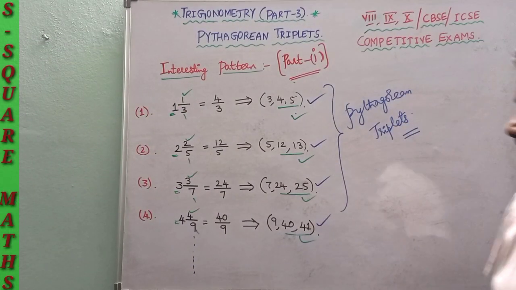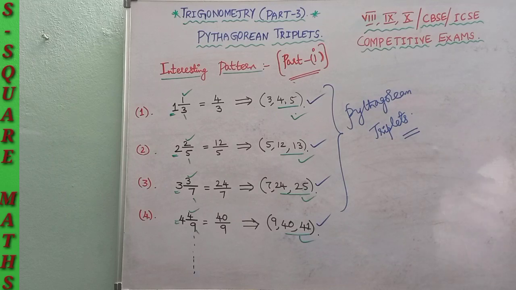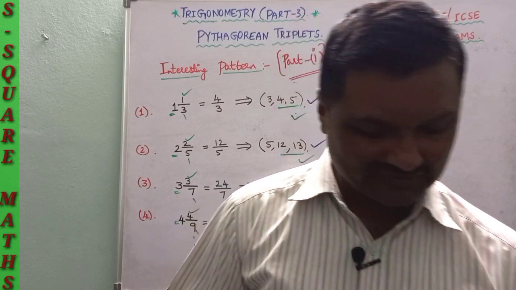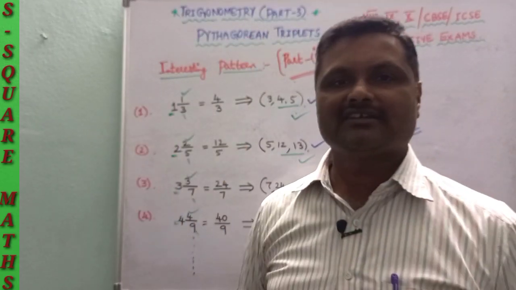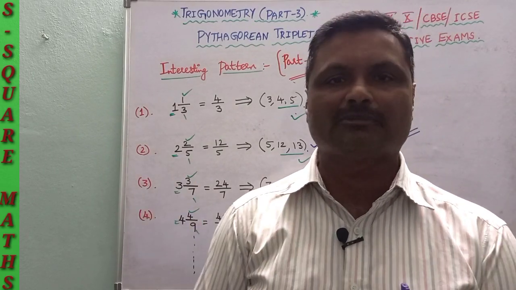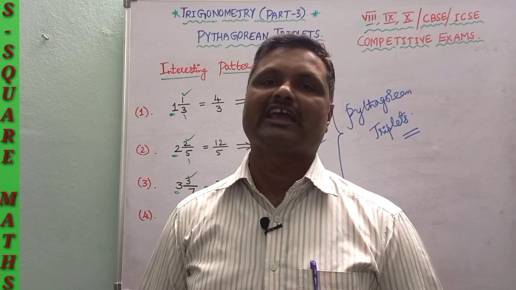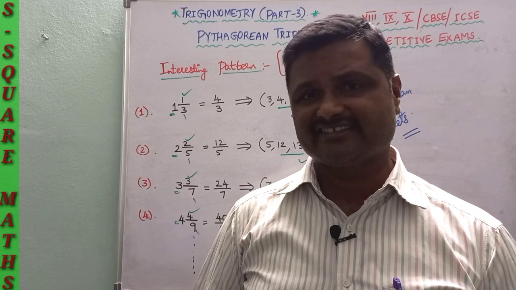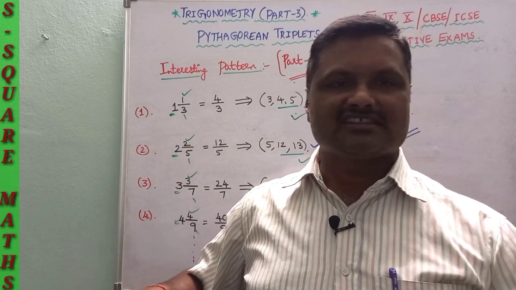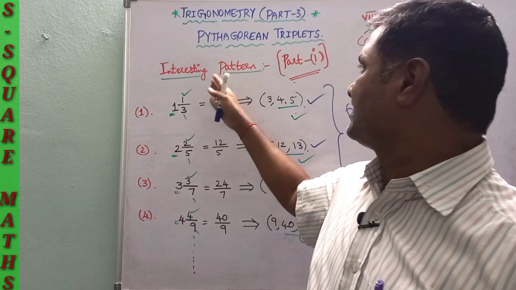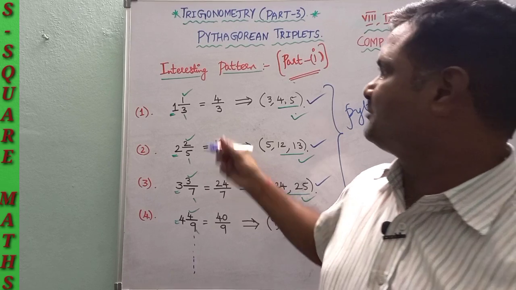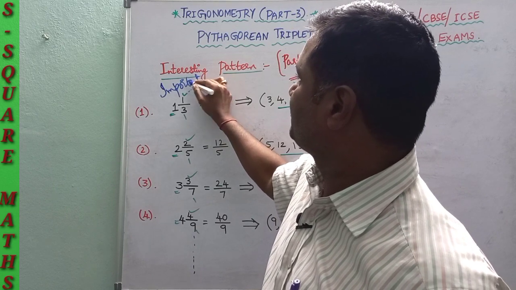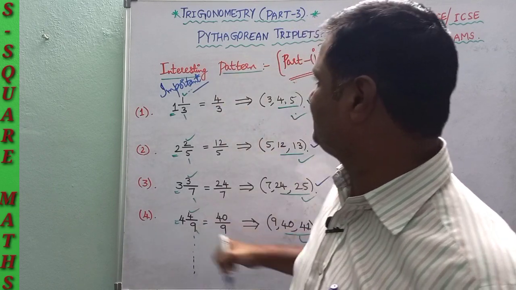Once you have the total look, please viewers, this is a small video session in order to continue our next parts under trigonometry. We have already gone through the Pythagorean triplets. In the state boards you have it in the 8th class and in CBSE you have it about Pythagorean triplets. They are nothing but the sides of the right angle triangle. An interesting pattern, and it is important at the same time, an important pattern regarding Pythagorean triplets.